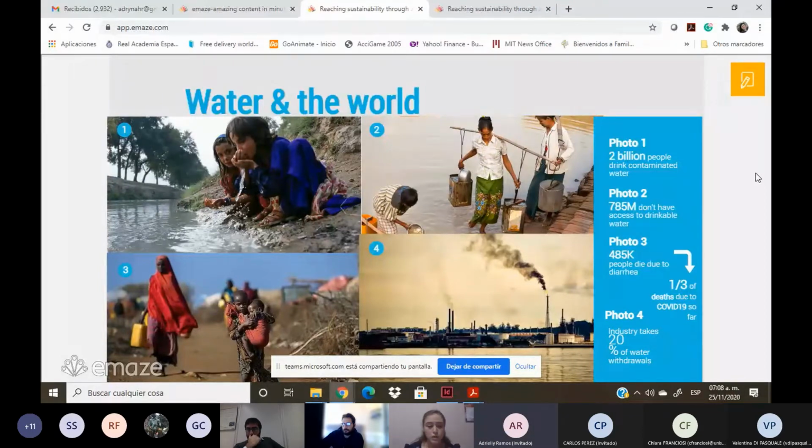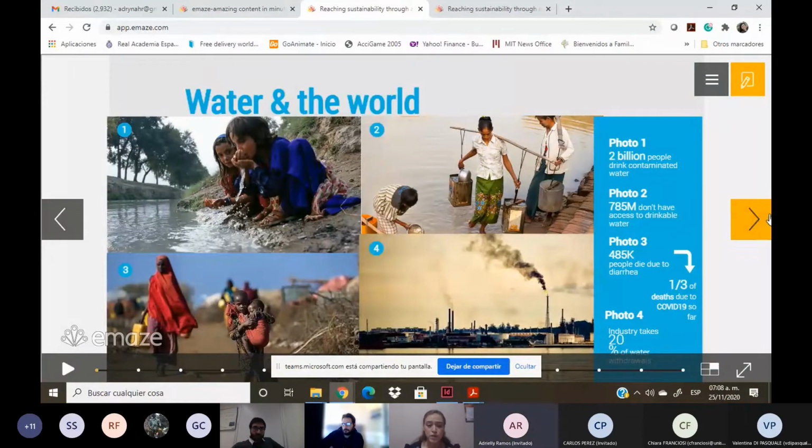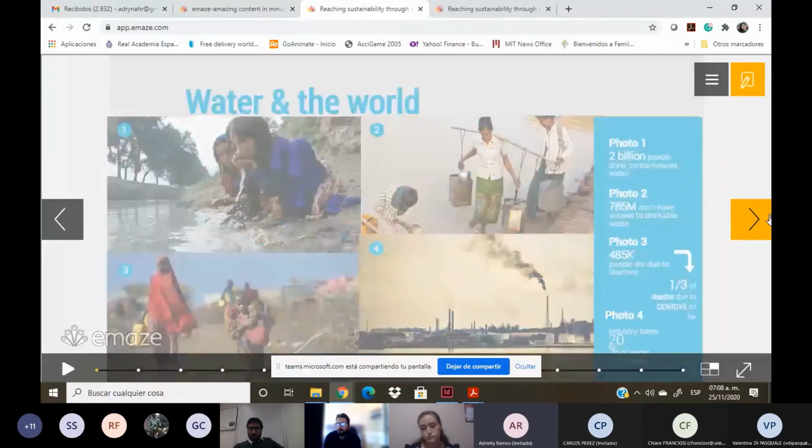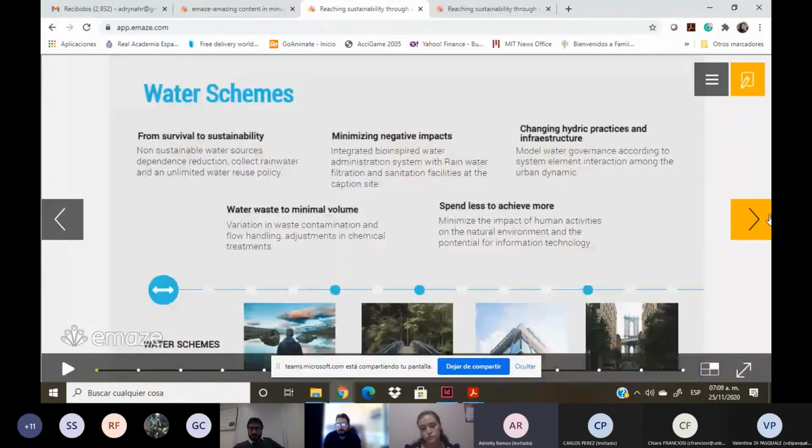Industry takes 20% of water withdrawals, and this confirms what Edward Barber said. Water global crisis is largely due to inadequate and poor water management, rather than lack of water. So with this in mind, governments, organizations, and also companies have ideated water schemes for changing hydric practices and infrastructure,